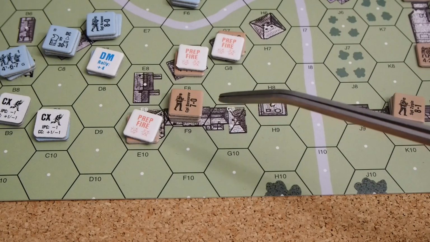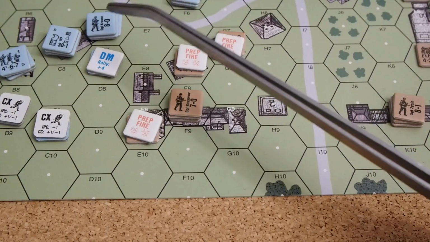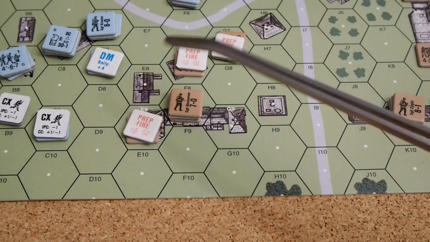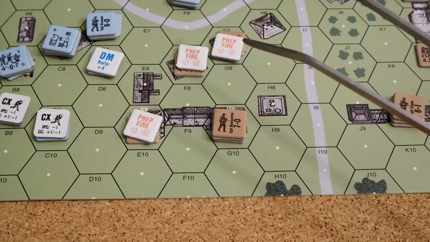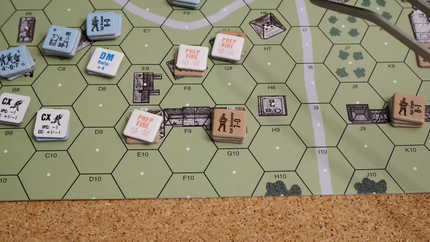And nobody can see me. Actually, there's a question if this unit can see me. He may be able to see me through here when I entered G9. Will he take the shot or not? I don't think there are any other units coming into his range. Maybe 1, 2, 3, 4. It may be, but these guys up here can then fire. So I'm going to take the shot